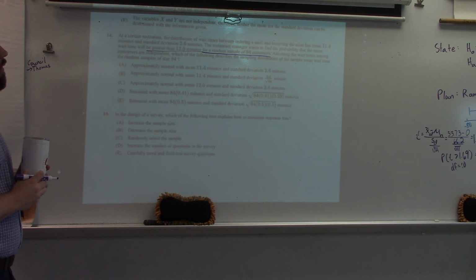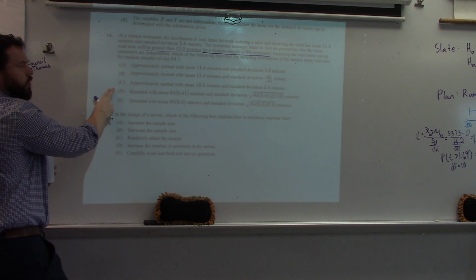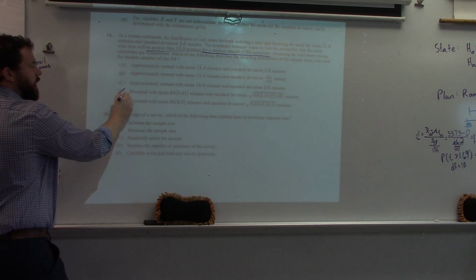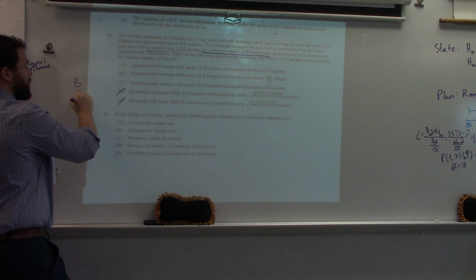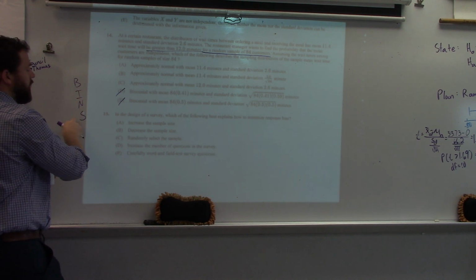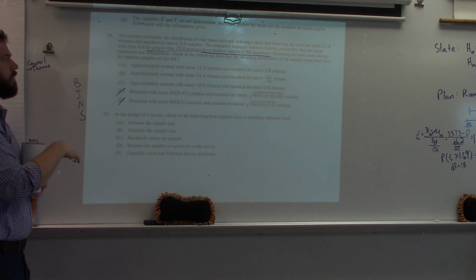Okay, so we want the sampling distribution, right? Will the sampling distribution be approximately normal or binomial? It'll be approximately normal. To be binomial, we have to have proportions, right? We don't have a proportion here. It's not binary. It is independent, but it's not a fixed number of trials. It's not the same probability every time. So it's not D or E.